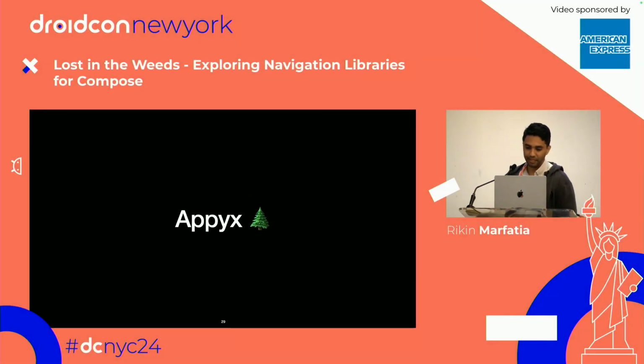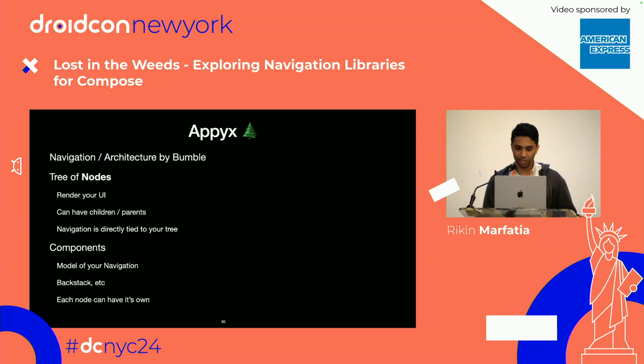All right, last one. So now we're going to look at Apex. And Apex is a navigation architecture by Bumble. The main concept that you want to understand here is that it's a tree of nodes. That's probably the most important concept, this node. Your node is responsible for a lot of things actually, but it also helps render your UI. It can have parent-child relationships, similar to a tree structure. And your navigation is directly tied to the structure. So you'll see that by adding nodes and removing nodes from the tree, that's what helps